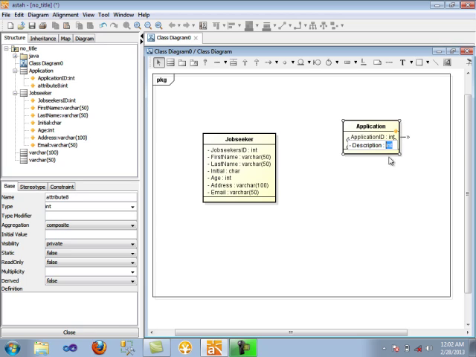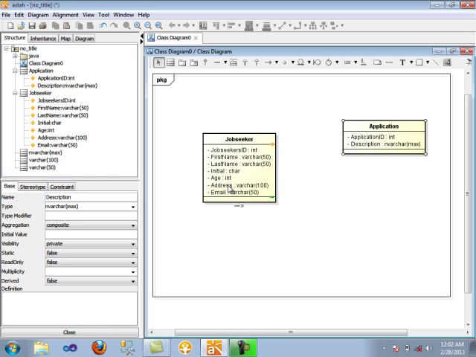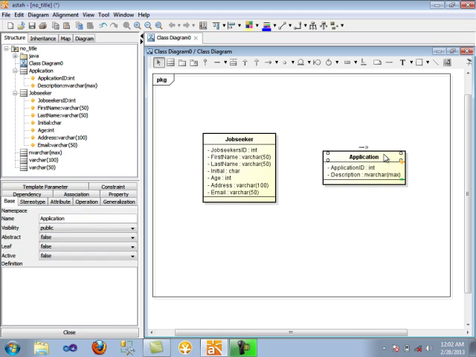The data type for this, it could be nvarchar max. That could be maximum. So that's it. I will connect this as a relationship.